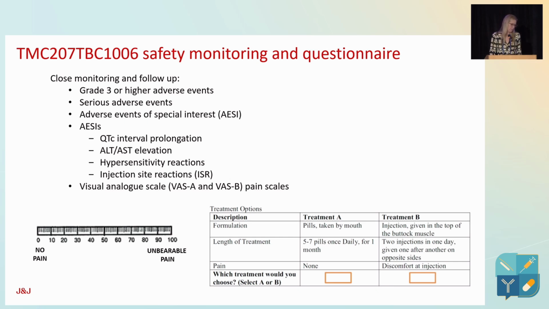We do have some VAS scales, the visual analog scales, that patients can report on their pain scale from 0 to 100. That's immediately after the injection and then at certain time points thereafter. And then lastly, we have a very simple survey. It's not a patient preference study like what was presented earlier, but is asking the participants before and after they receive the injection, would they rather take a month of pills, so kind of replicating 1HP, or would they rather take this once-off injection or injections for a preventative treatment indication? We're watching closely how many of them change their mind after the injection.